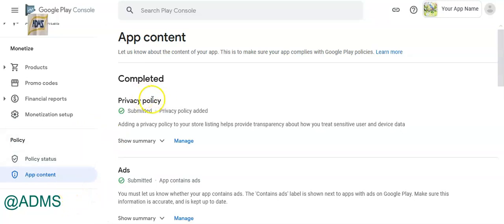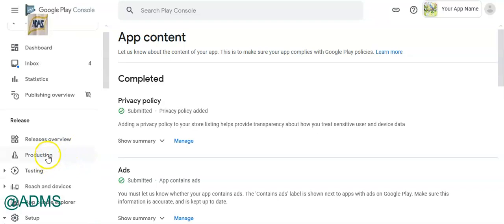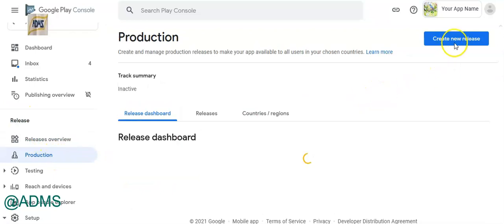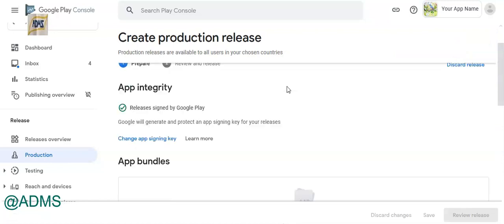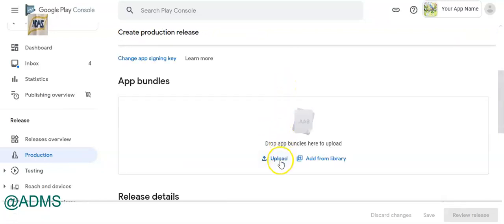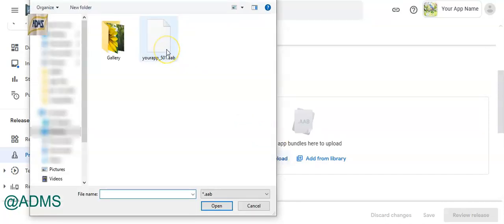After you have added this privacy policy, scroll above and go to production under the release section and then click the create new release button. Scroll below and here you have to upload the AAB file which we downloaded as shown in the previous video. So click upload and select this AAB file.